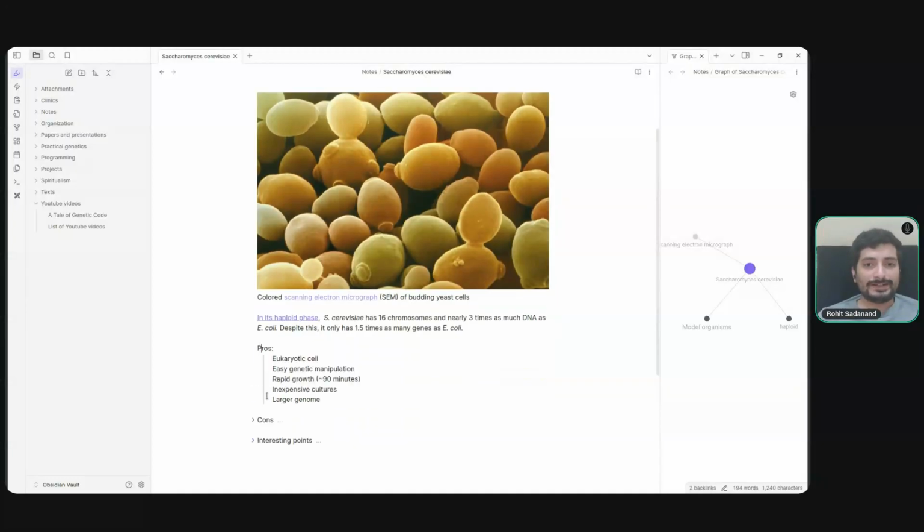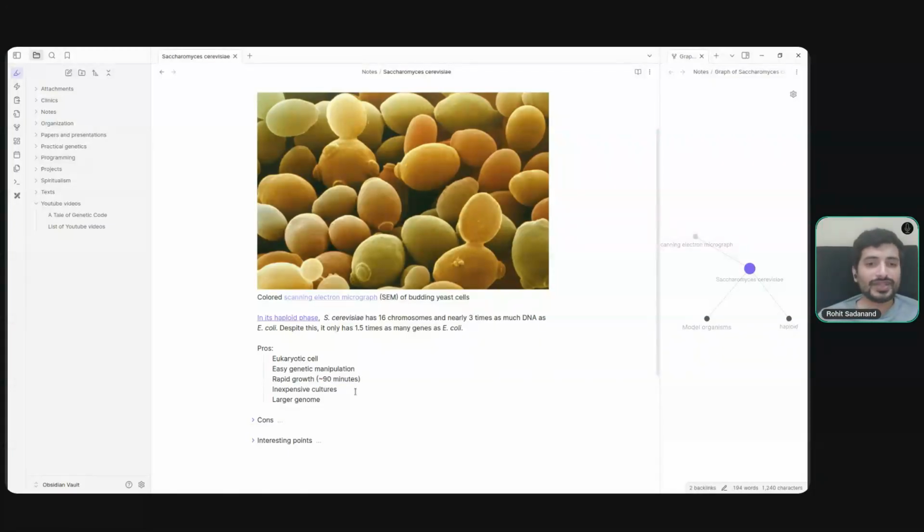And what are some good points about this as a model organism? So, point number one, of course, it's a eukaryotic cell, so we can do some things that we by definition could not do in a prokaryotic cell, right? And despite this being a eukaryote, it is a single cell organism. Its genetic manipulation is almost as easy as that of E. coli. And while its growth is not as rapid as E. coli, it is still just 90 minutes, right, compared to some other organisms that we'll be seeing in subsequent